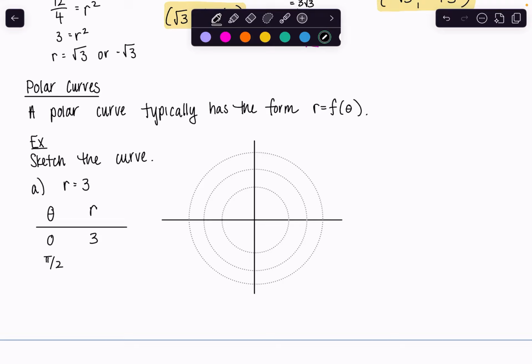When theta is pi over 2, r is 3. When theta is pi, my radius is 3. When theta is 3 pi over 2, my radius is still 3. And when theta is 2 pi, my radius is 3. So if I go ahead and I plot this,